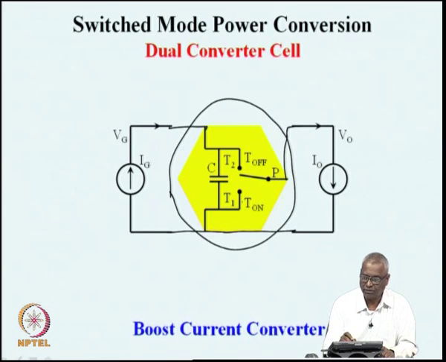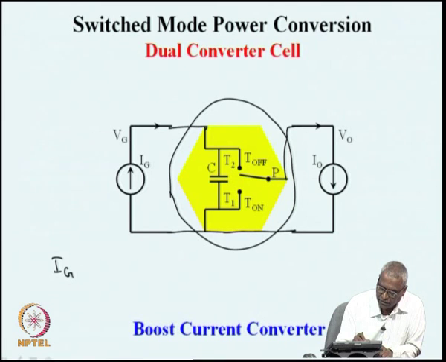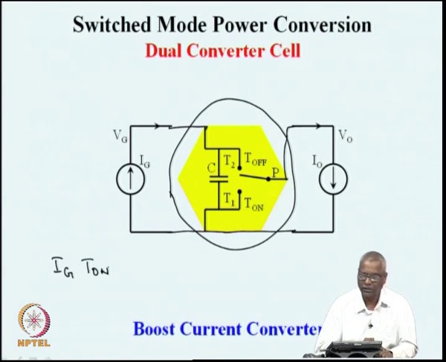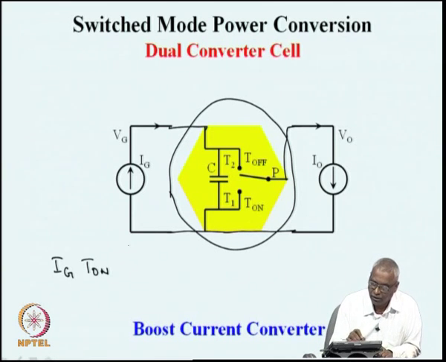Here also it is possible to find out during the on time, P T1 is connected here, I naught is completely shorted. In that time, IG flows through C, you will find that IG into T on is the charge on the capacitor when the switch is connected here, and when the switch is connected in the off state, the current through the capacitor is now, what was coming in here, IG into T on, now it is IG minus I naught into T off